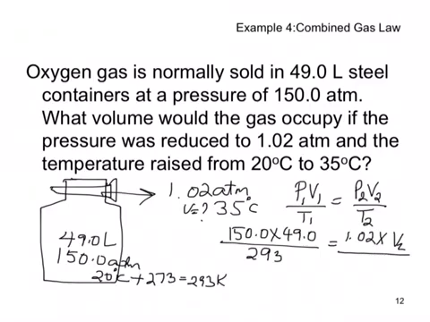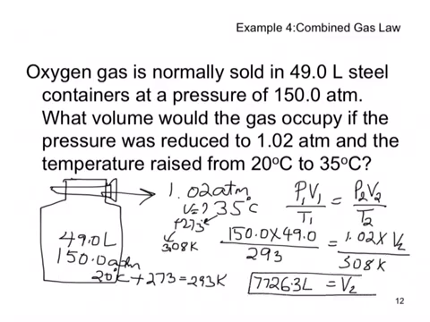Now that is 35, so 35 plus 273 is going to be 308 Kelvin. So we are going to solve for V2. I am going to punch in on my calculator 150 times 49 times 308 divided by 293, which comes out to be 7726.3